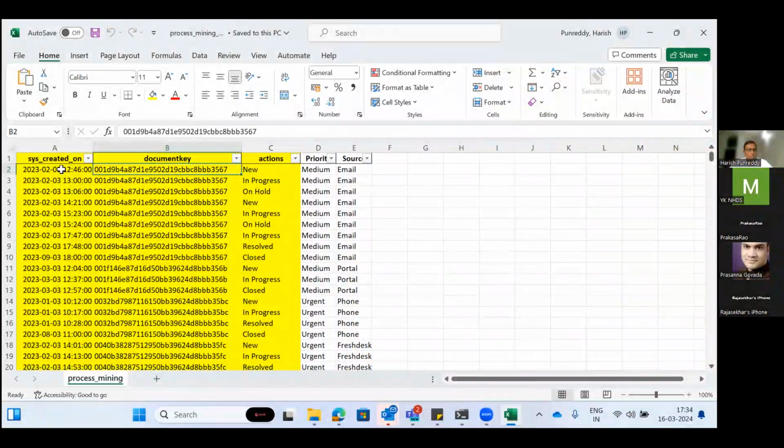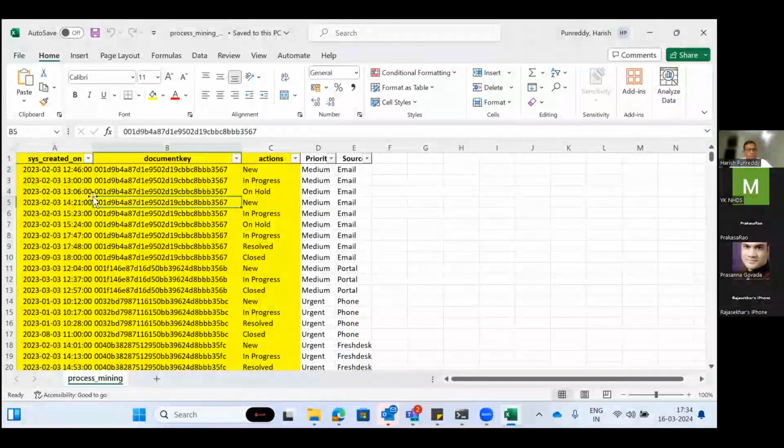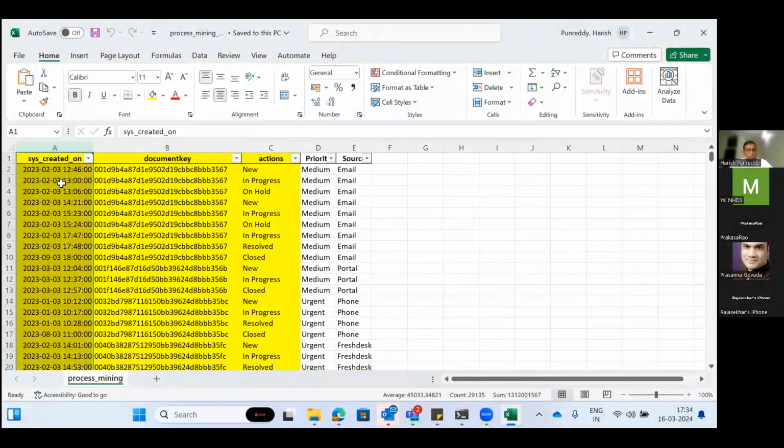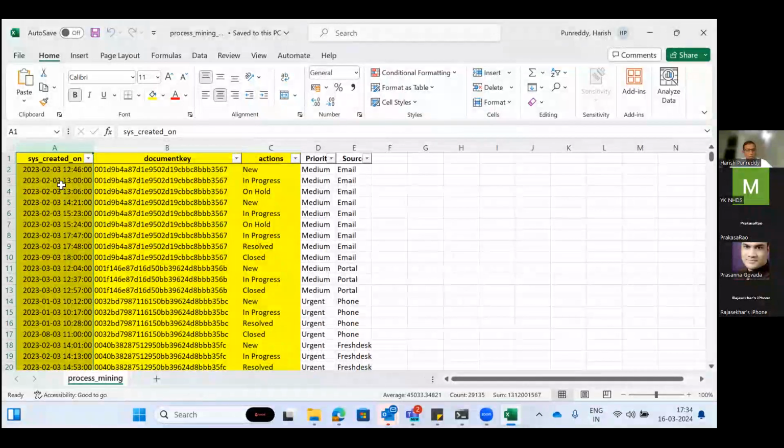Each event that happens in ServiceNow gets captured. We take that data from ServiceNow and feed it into a tool like Celonis, which will give us all sorts of process paths, like what is the happy path, what is the longest path, what is the shortest path.